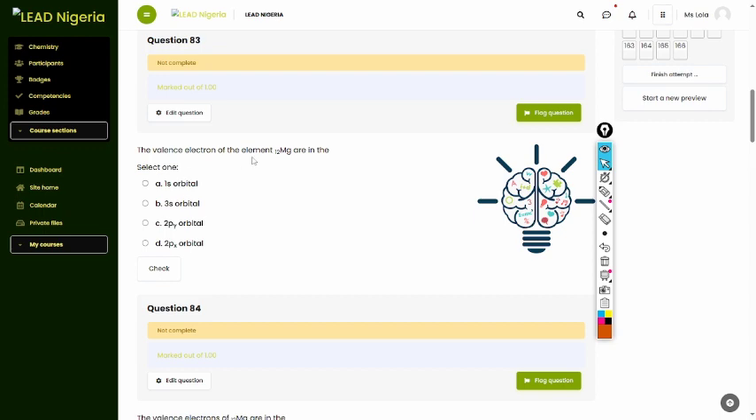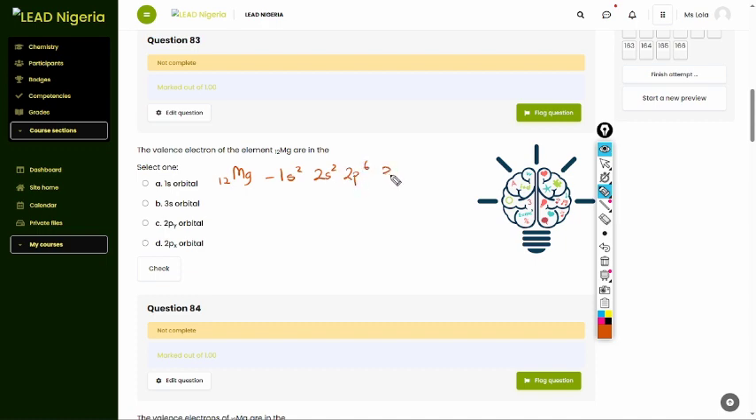The valence electrons of the element magnesium are in the, so which of the orbitals do the last electrons in magnesium fall? So let's write out the configuration for magnesium to find out what the last block of magnesium is. So magnesium is the 12th element. Okay, so atomic number is 12. The configuration is 1s2, 2s2,